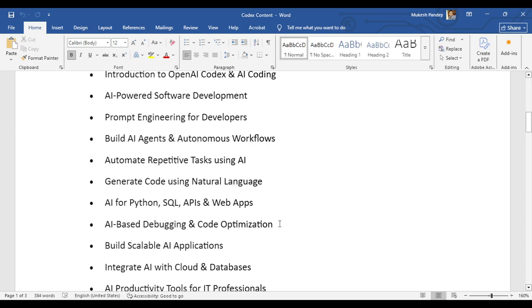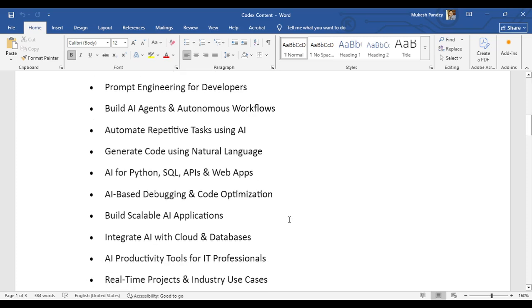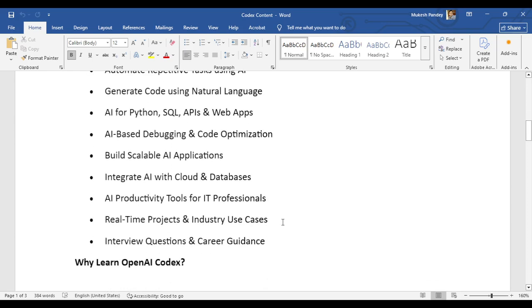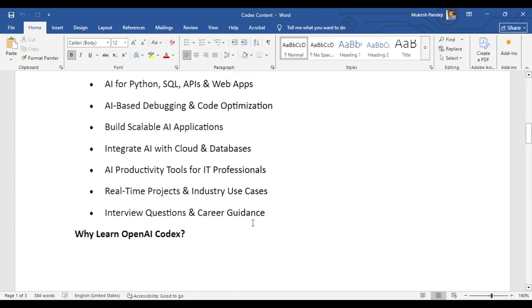You can use AI for Python, SQL, AI-based debugging, and building AI applications. I will also show you some real-time projects and use cases, and it is very helpful for interview questions and career guidance, including how to include it in your resume.